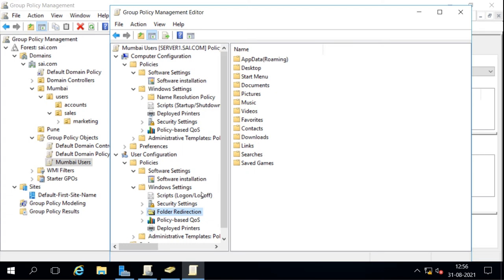That means whenever the user logs into any machine, whether it is PC1, PC2 or PC3, it is going to have the same folder where we redirect. Suppose we redirect the desktop folder, so whatever the user keeps on the desktop, they will get everywhere in the system, like everywhere in the domain. Whenever they log into PC1, PC2, PC3, they are going to have the same desktop. Now this is not available for computer configuration because it is basically for user configurations.